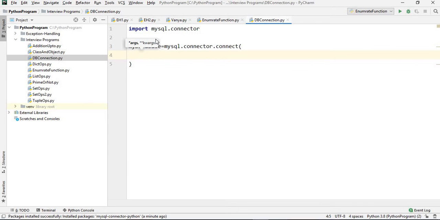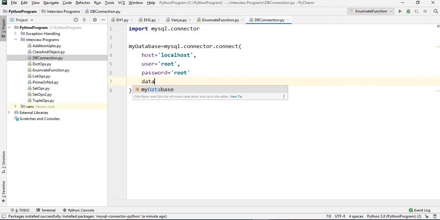variables like host name. The host name is my localhost. So host equals localhost, then user equals, in my case, root, and password equals root's password, and database equals the database name, which is test db.